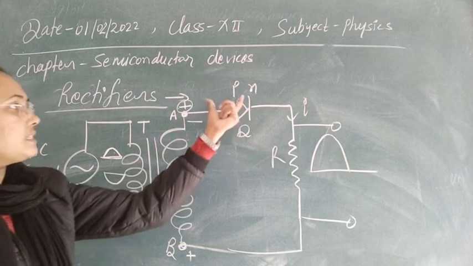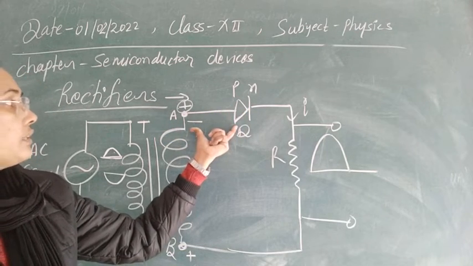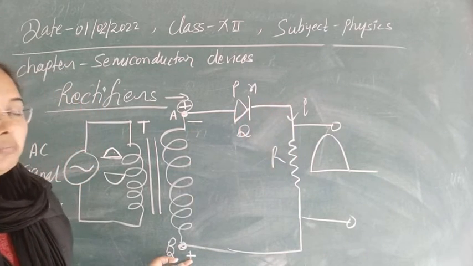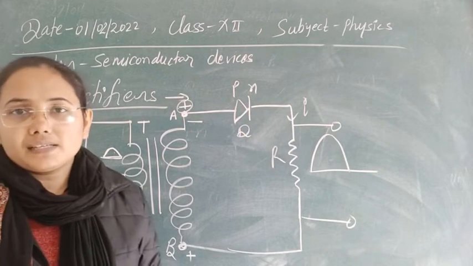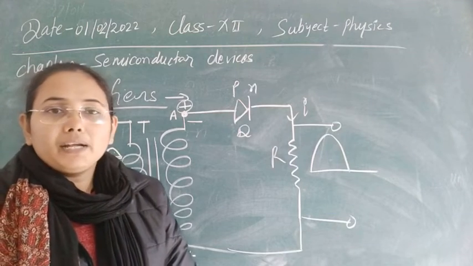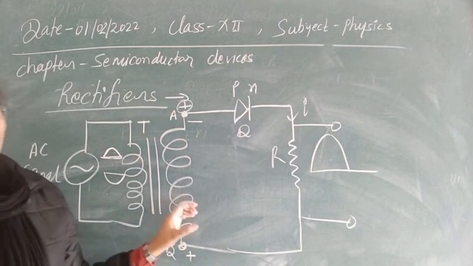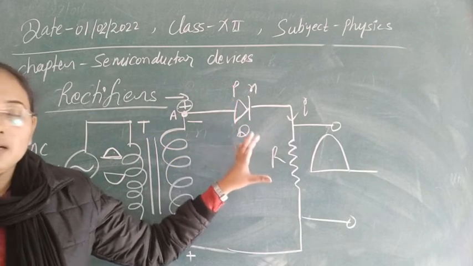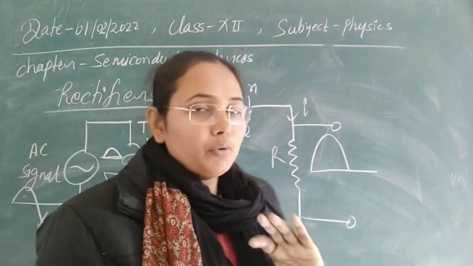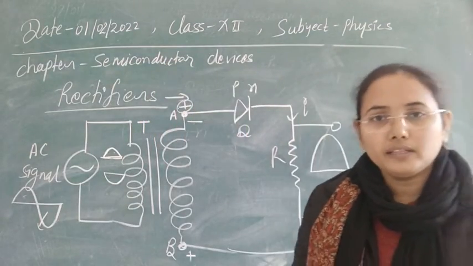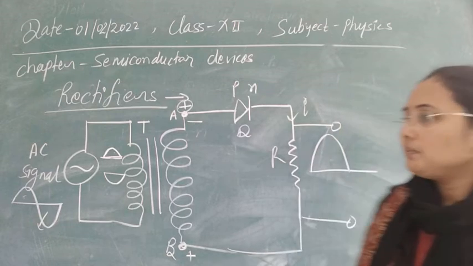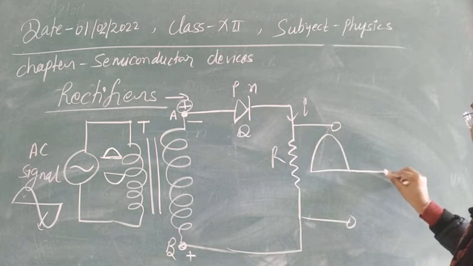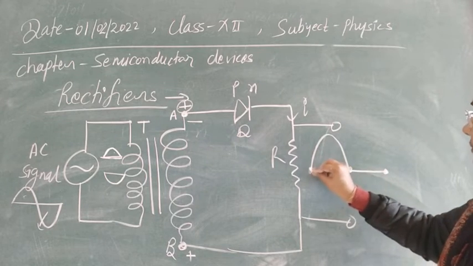It means now the P side of the diode is connected with the negative, and the N side of the diode is connected to the positive. So the diode is now in reverse bias, and as the property of a diode is that it can conduct only in forward bias, in this condition the diode is in the non-conducting state. Non-conducting state means the diode will provide zero value of current. So if we obtain zero current for the negative half cycle, the diode will not conduct and will not provide any kind of output here.